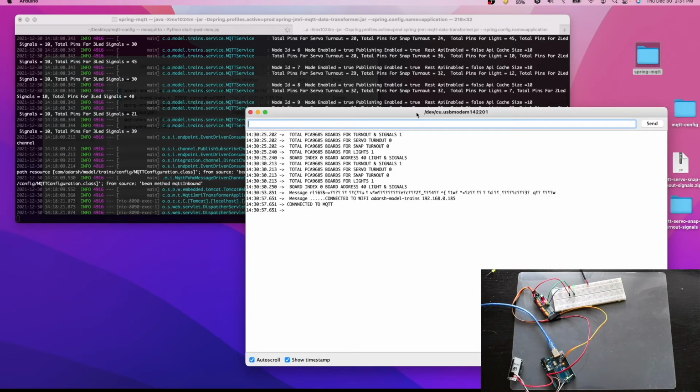Now it's connected to the network and connected to MQTT, so we are good with this.